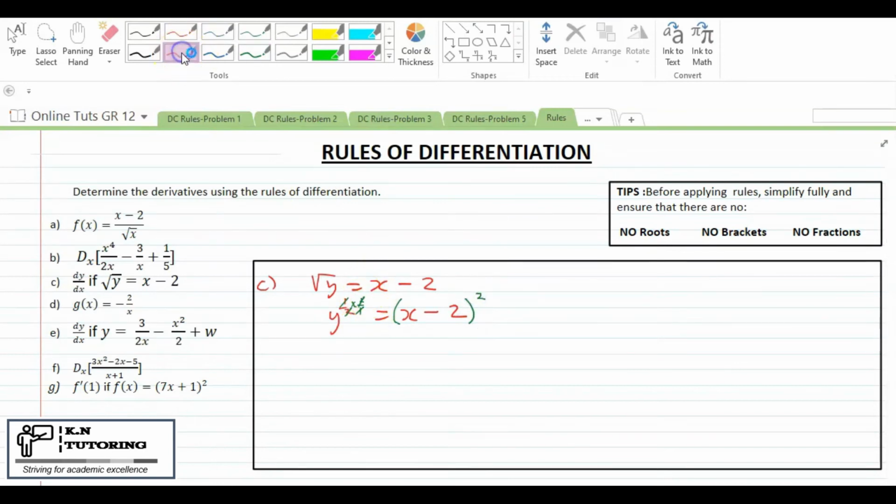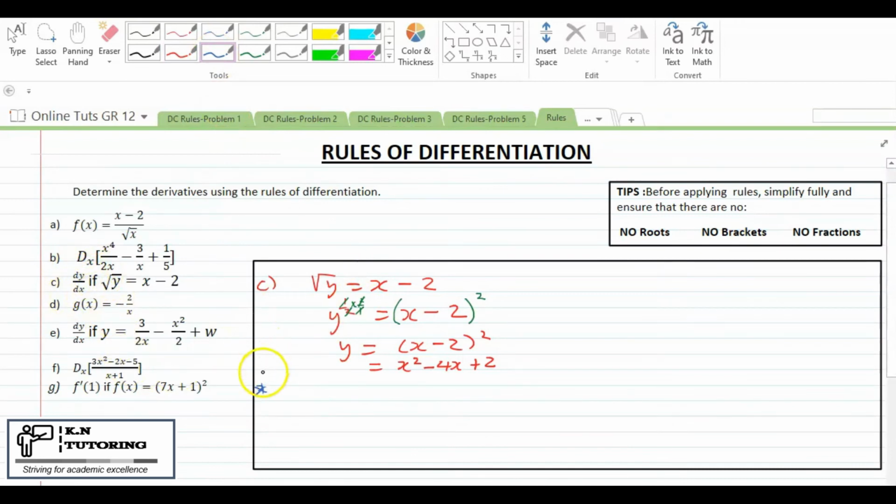And then this will now be y is equal to x squared. Now I got rid of the roots, I must get rid of the brackets. If I FOIL this, I will get x squared minus 4x plus 2. Now I say, okay, if I apply my rules of differentiation, I check the